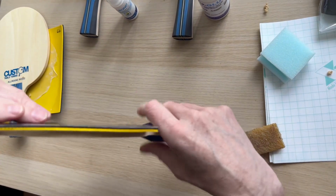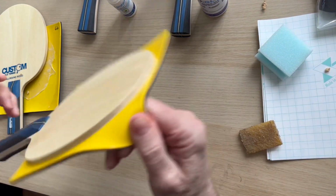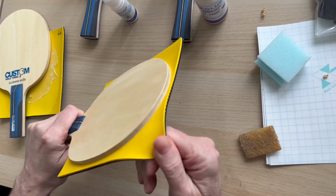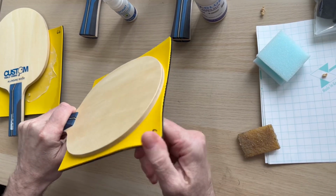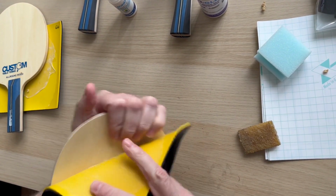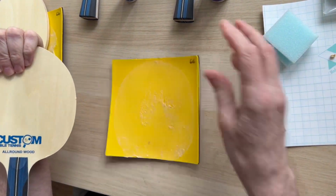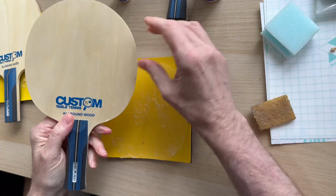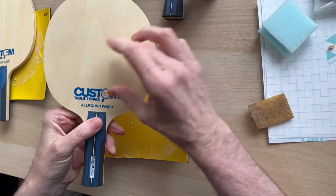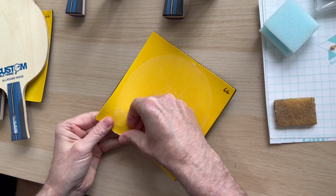So those phone calls that we've had, all this water-based glue's rubbish, it doesn't work. I really don't understand. Look at that. It's never going to come off unless you start pulling it off. There you go, look. So you really got to pull it off, and look, what's happened there is most of it's come off the blade. There's no rhyme or reason why. Sometimes it comes off the blade, sometimes it stays on the rubber,